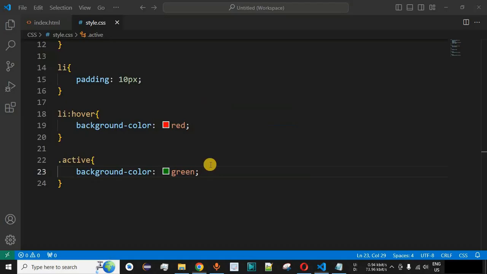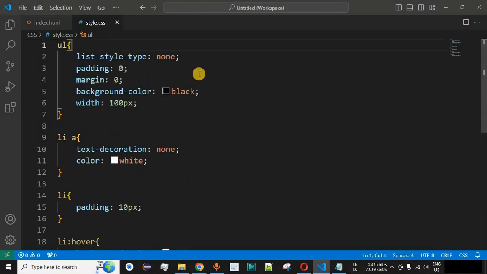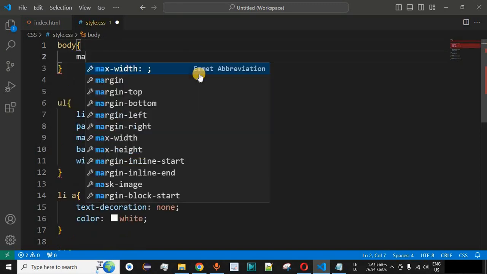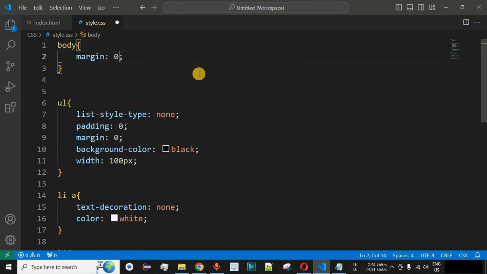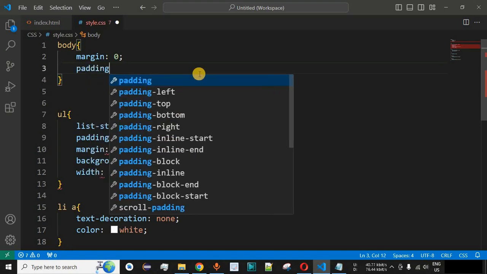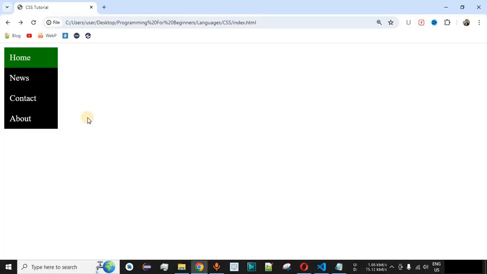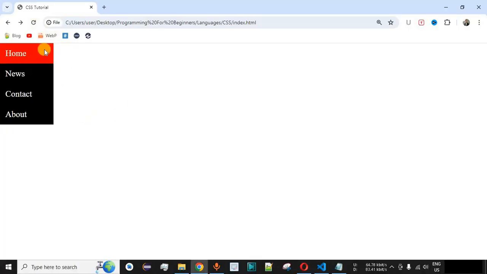So what we can do is, simply for the body tag, we can remove the padding and margin over here, which is one of the best practices. So guys, simply we are going to provide the body tag at the start of the CSS file, and simply we are going to say margin is equal to 0 and padding also is equal to 0 in this case. Let me just save this file now and try reloading this page once again on the browser. So now if you see, there is no more additional spacing on the left or on the top of this navigation bar, and simply we can increase the options of this navigation bar as well.